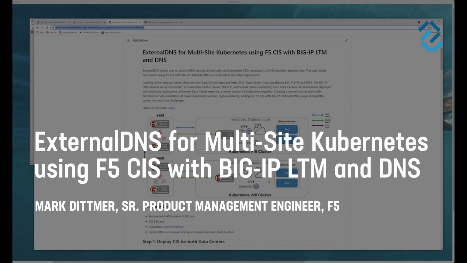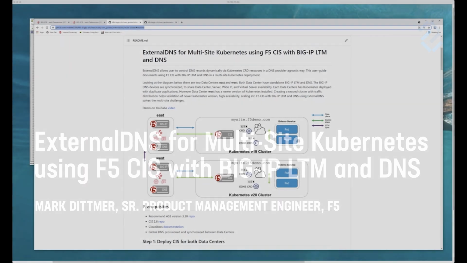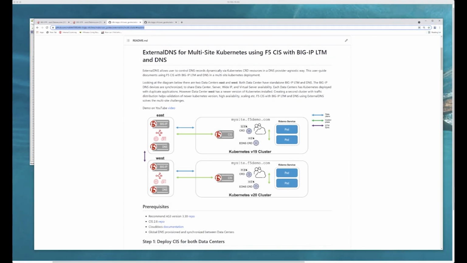Today's video is going to cover external DNS for a multi-site Kubernetes environment. As you can see from the diagram, we have two Kubernetes clusters. One Kubernetes cluster is running, in this instance, version v19, and the other Kubernetes cluster is running version 20. So this is really good if you have a dev, stage or a dev, prod environment, or if